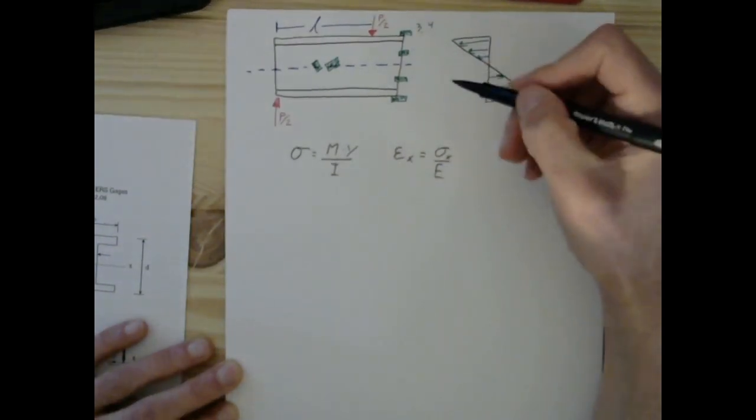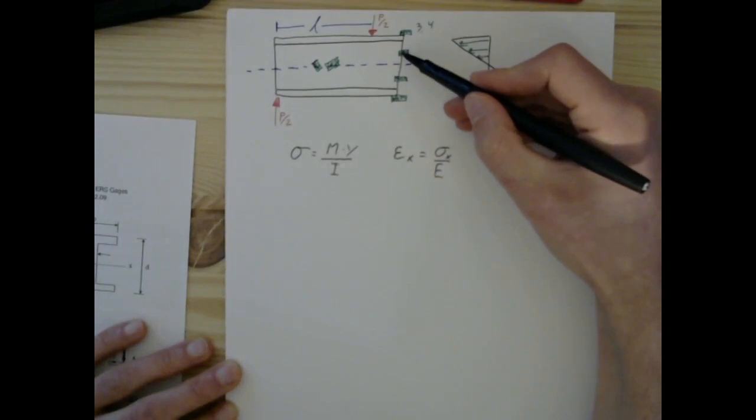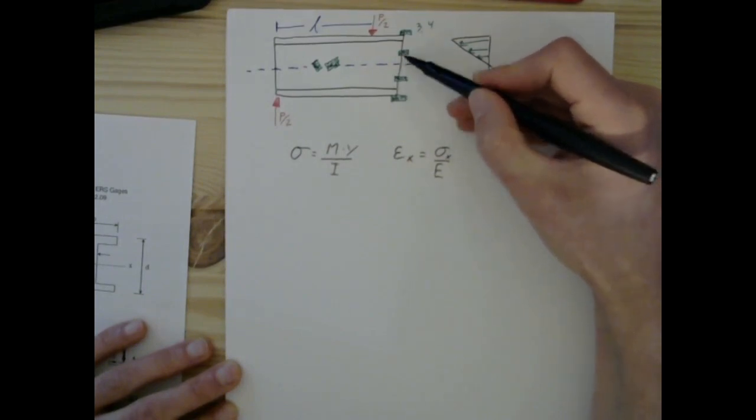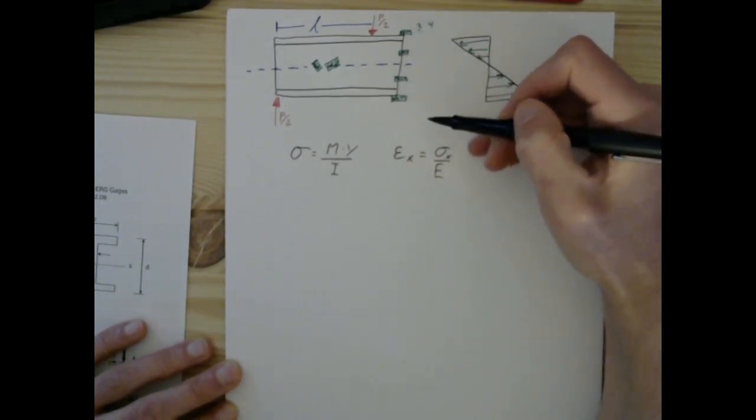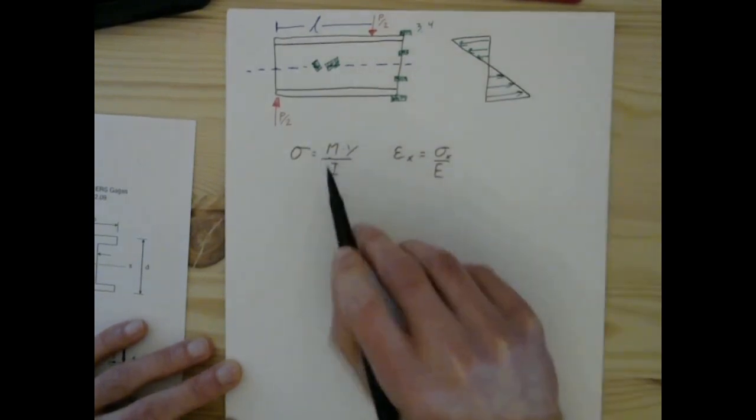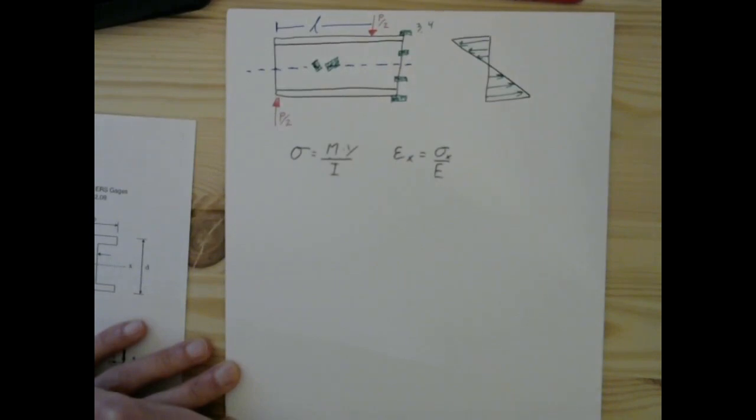All we need to do now is determine the location of these strain gauges and use that along with the moment, which we already determined through our shear and bending moment diagrams,